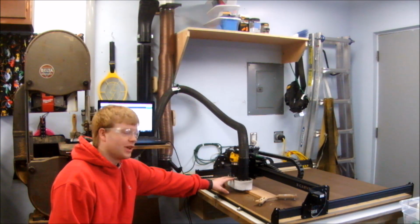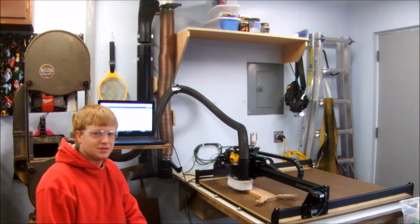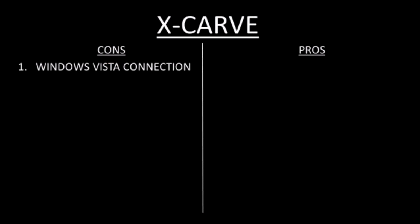And the dust boot is okay. It actually picks up dust pretty well and I haven't had a whole lot of trouble with it losing bristles. I have a video on making that as well. To better organize this review, I made a list of pros and cons, so let's start with the first negative,